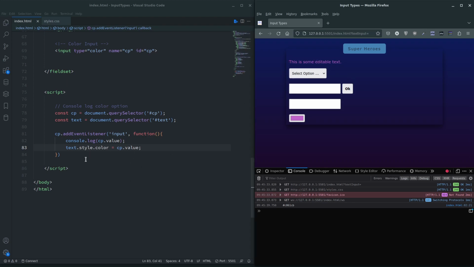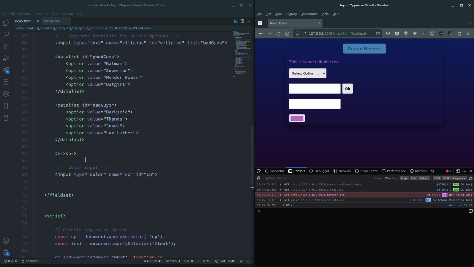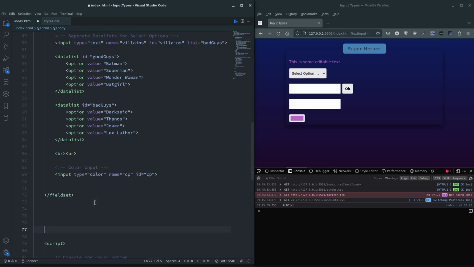Yeah, I'll leave that there anyway, but it's not really about that today, so let's just move that down out of the way and save that. And as you can see, we refreshed and the colour has gone back to its default in the style sheet. Anyway,